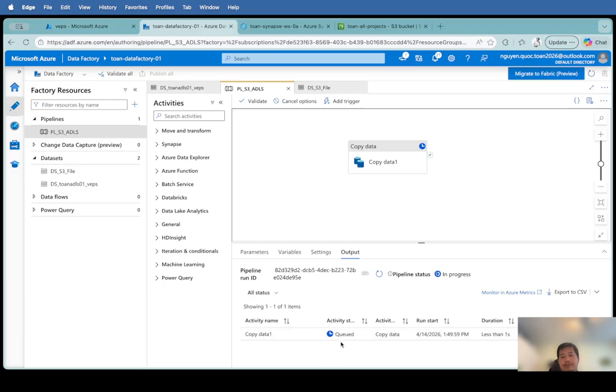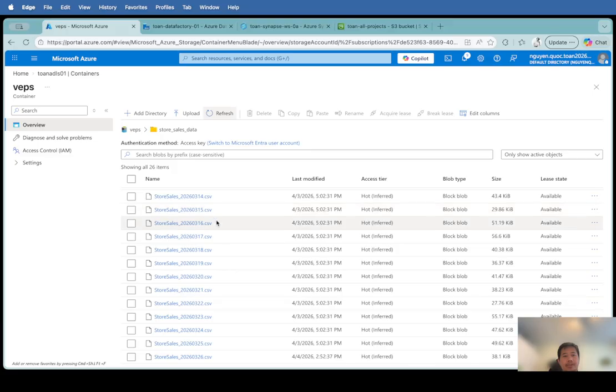We need to wait for this activity to succeed, and it just takes a little time. So now it's succeeded. Let's go back to our Azure storage account, and inside this store_cell data folder, let's hit